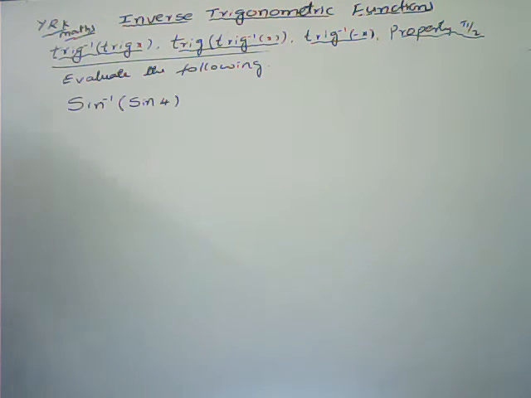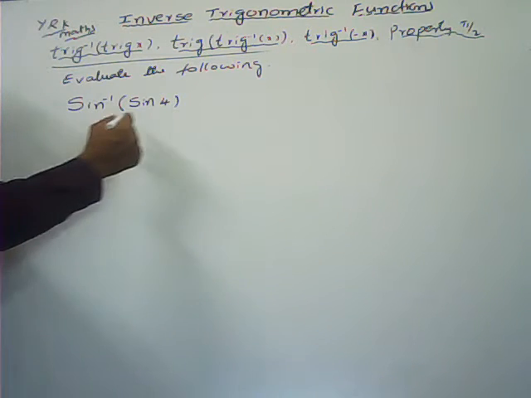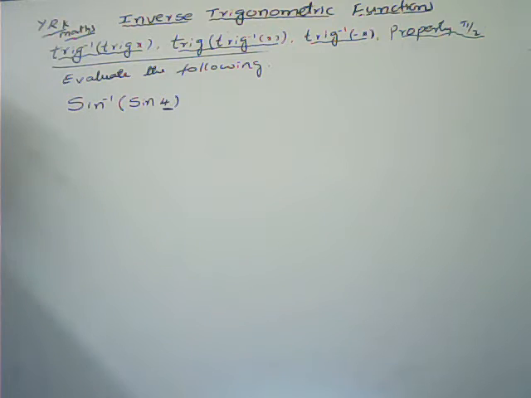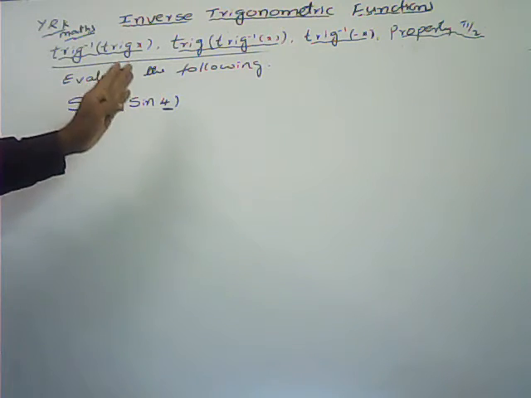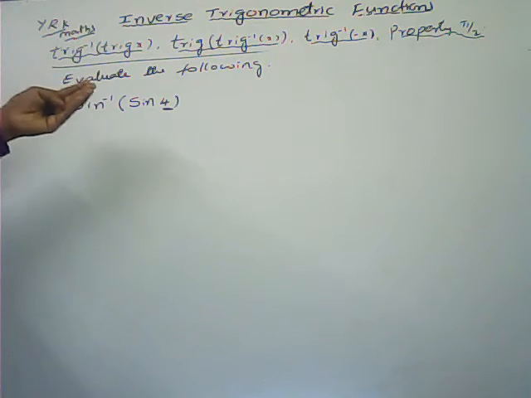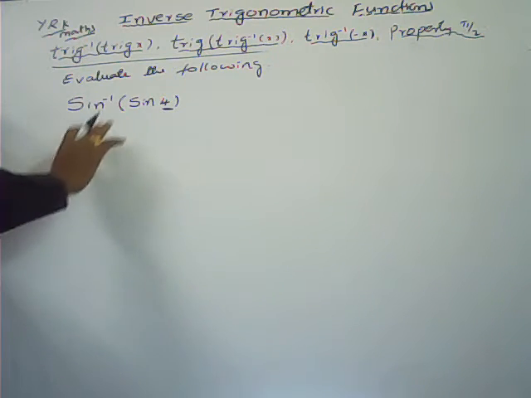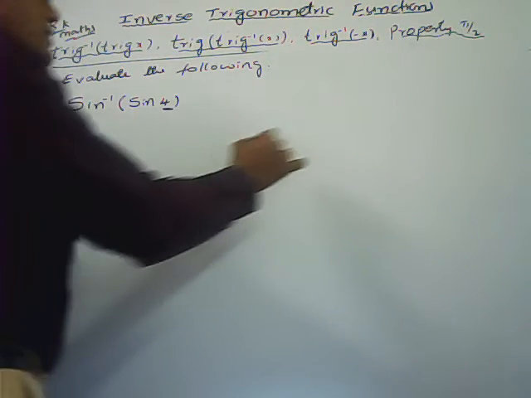Next, this type of problems is very important, and here I will explain this type of questions very easily, the easiest way to solve. I will explain this one. First we should know what about the 4 radians. Whatever is given here, you can consider radians only. Here sin inverse of sin 4 is there, 4 radians is there.